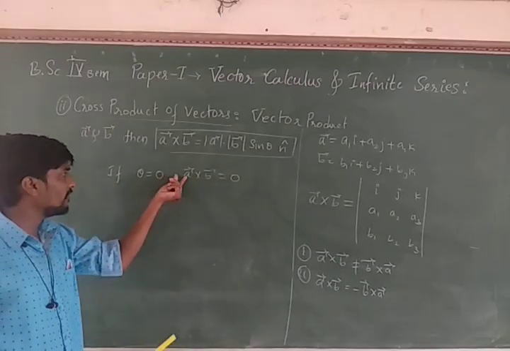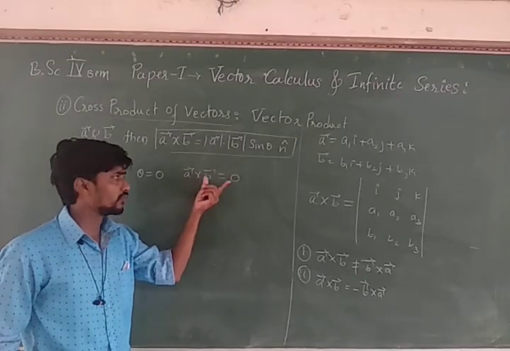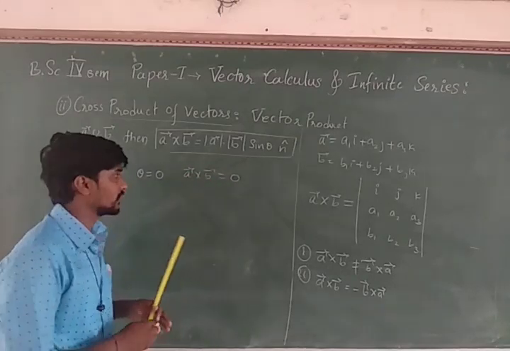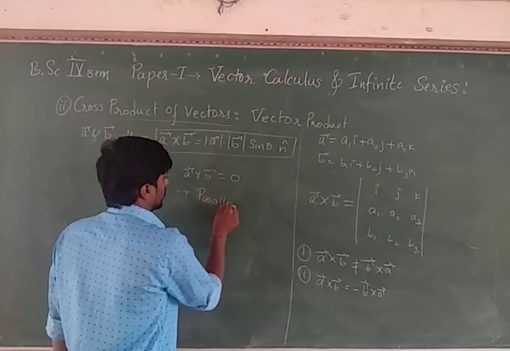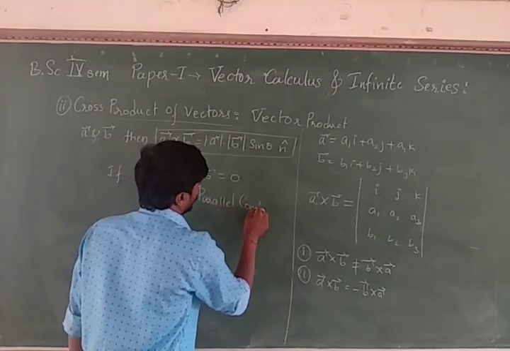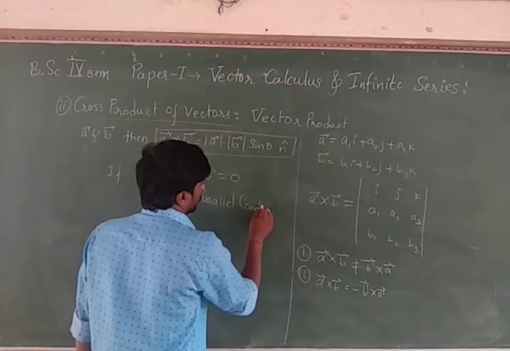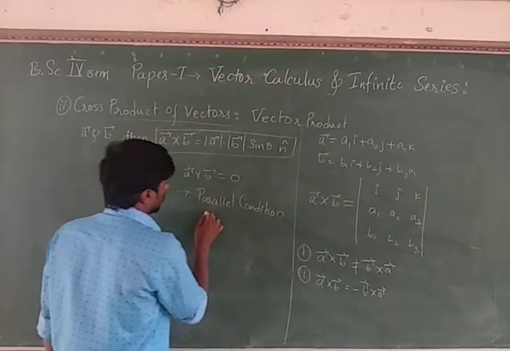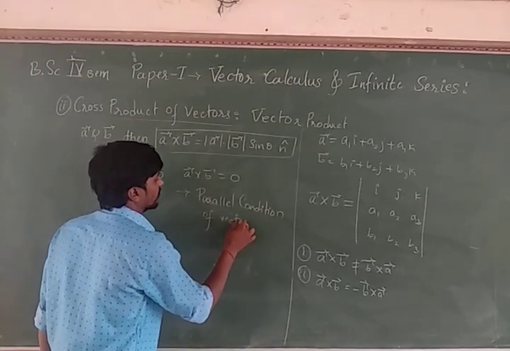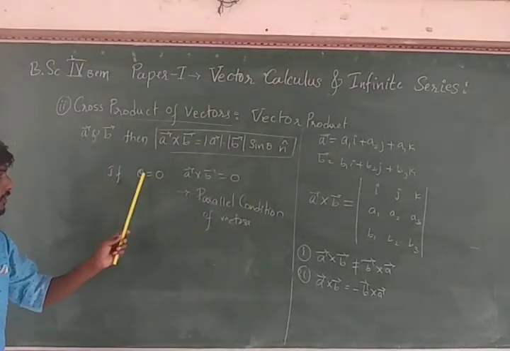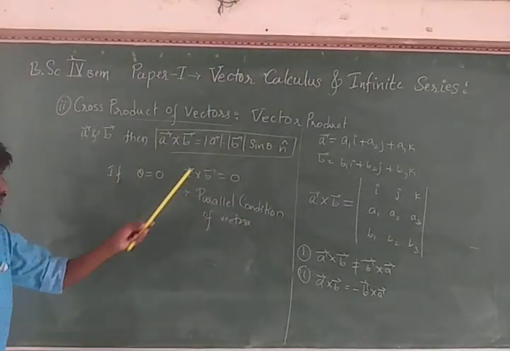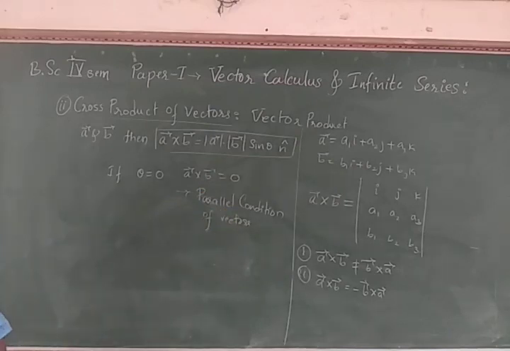Otherwise, A vector can be 0 or B vector can be 0. So in this condition it happens. So this is called the parallelism, the parallel condition. It is called the parallel condition of vectors. So remember this and all these things. Yes, this may be useful to us later. Okay, so remember all these things and now